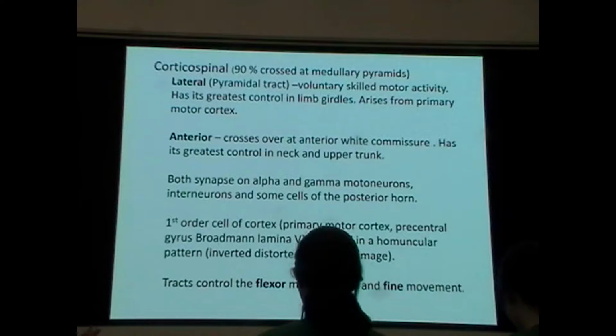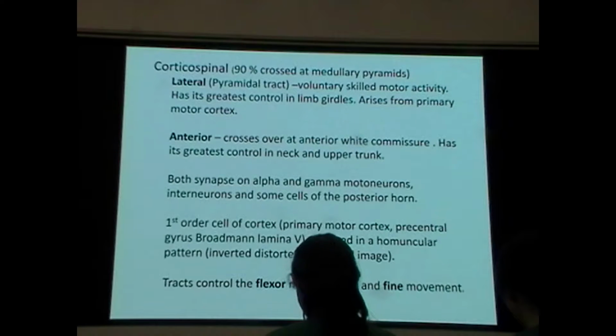Or maybe down here in the atrium? It's an inverted, distorted humanoid image. So basically, it's a representation of the body upside down, typically pictured on the lateral side of the precentral gyrus or postcentral gyrus as well. And so the feet are represented on the top, actually top medial side of the precentral gyrus, and the head